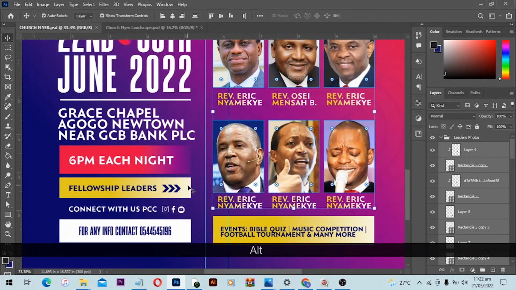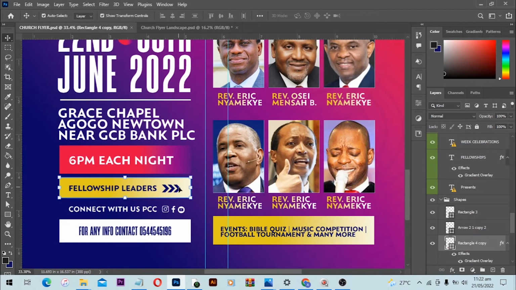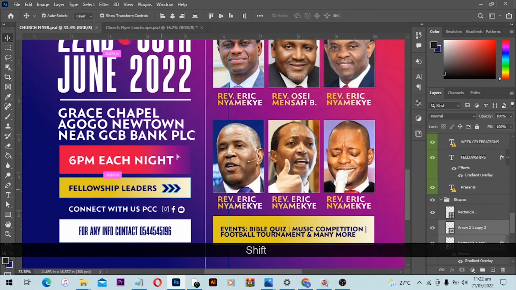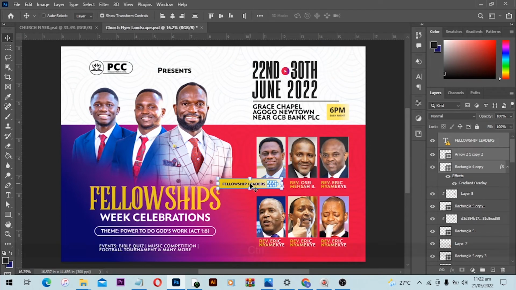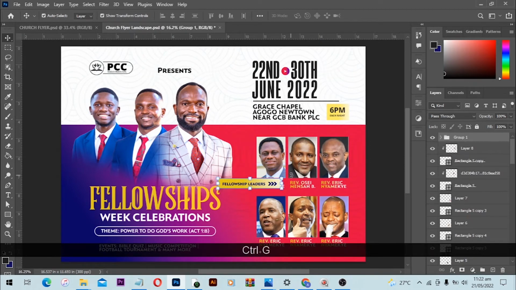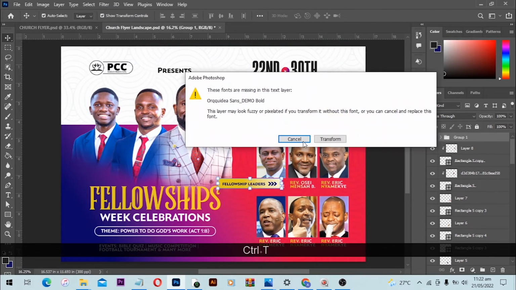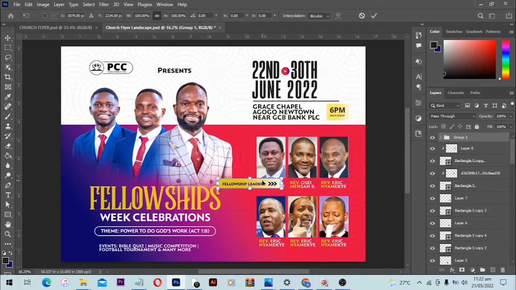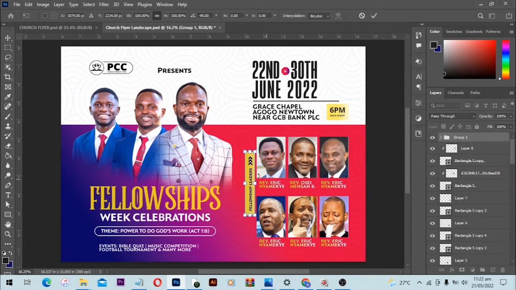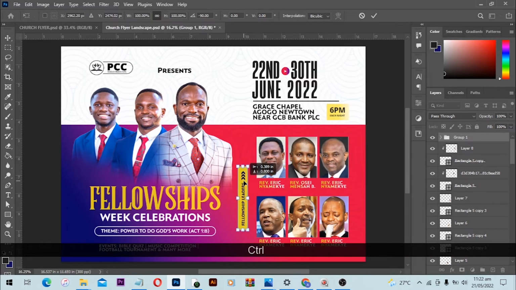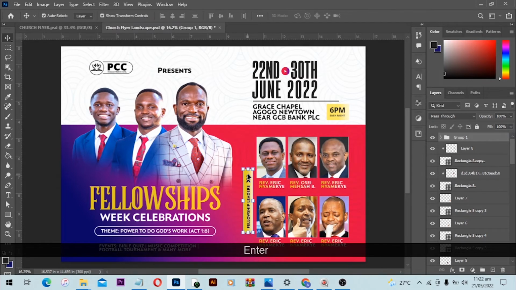You can use the existing design to work your way through. So with this one too, I can come here, select everything, then I'll click and move this one just here, Ctrl G to group in the first place. Then I'm going to rotate it, Ctrl T for free transform. Then let's say we will rotate this one anti-clockwise, then position it somewhere here. Then I can move it a little bit close. Okay,